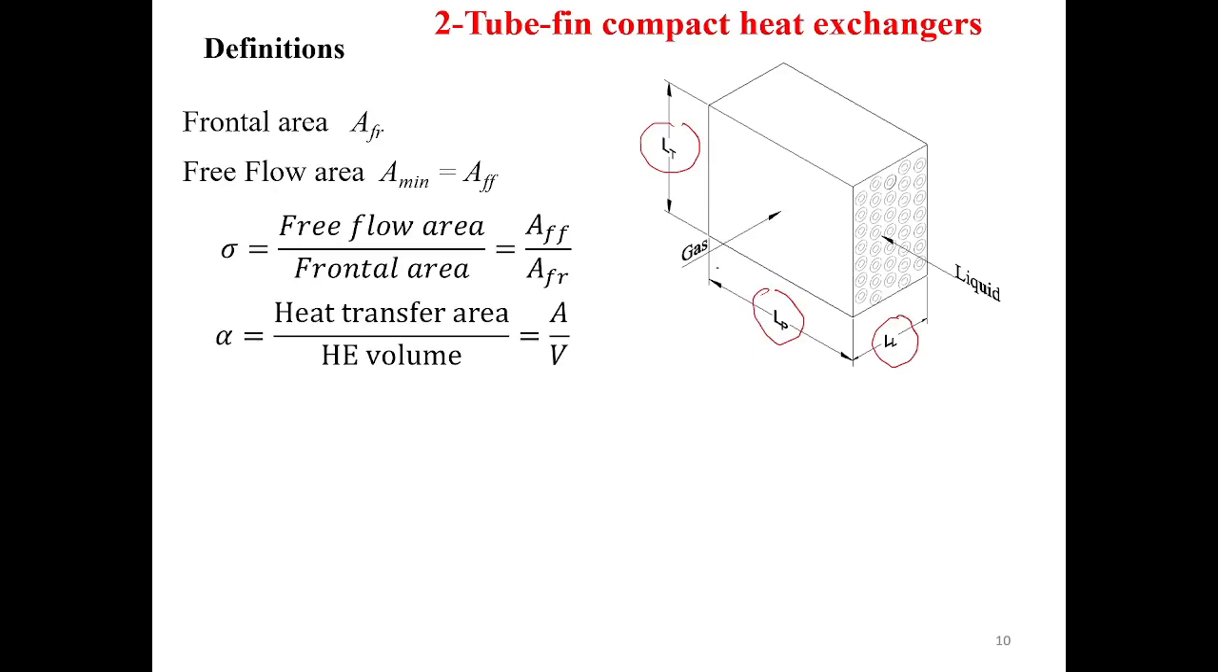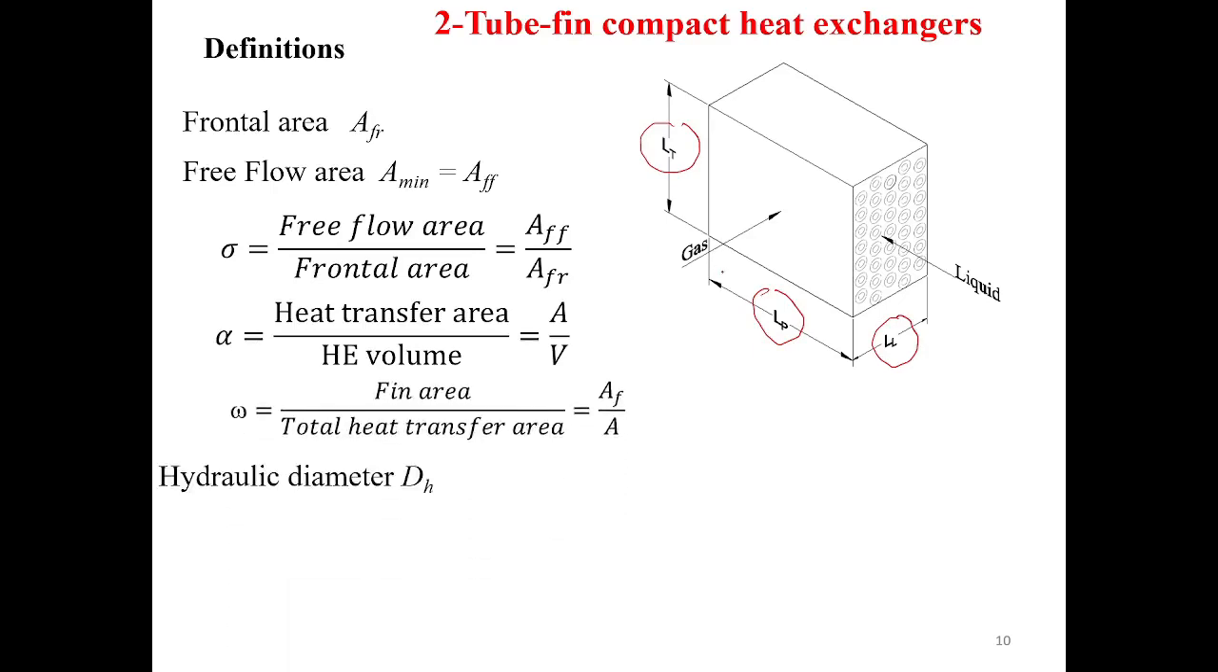So we have to use the following notations in order to do some calculations. For example, on the gas side, there is the omega. Some of the definitions: omega is defined as the fin area divided by the heat transfer area, which is AF divided by A, and the hydraulic diameter is very well known to be 4 times the cross-section area divided